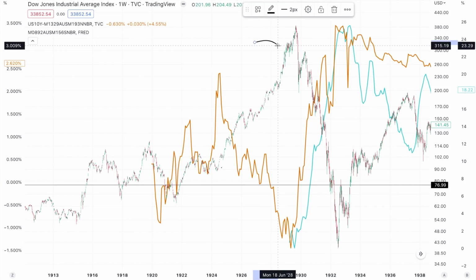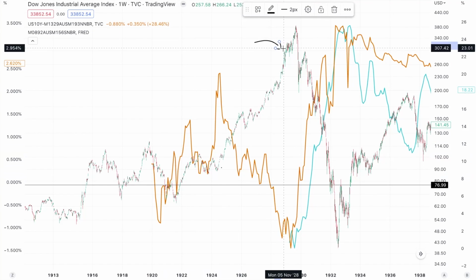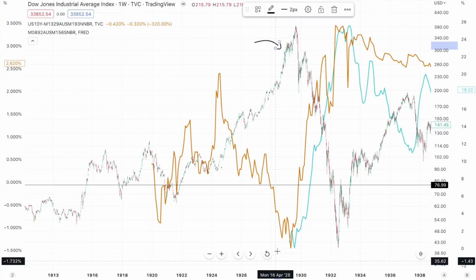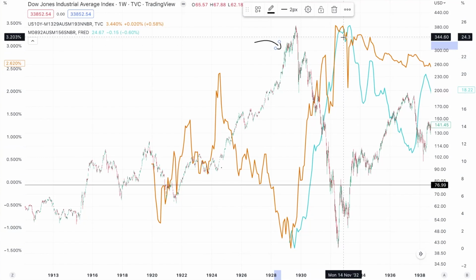Now, the key lesson here that I really want to get across is that even though the economy was extremely fragile leading up to 1929, even though the financial system was on the brink of a collapse, it was levered up both in terms of the stock market and the economy, the yield curve inversion did not lead to an immediate collapse of the stock market or the economy, and the stock market didn't collapse until the unemployment rate began to rise.